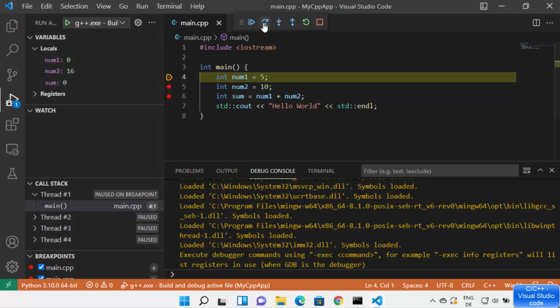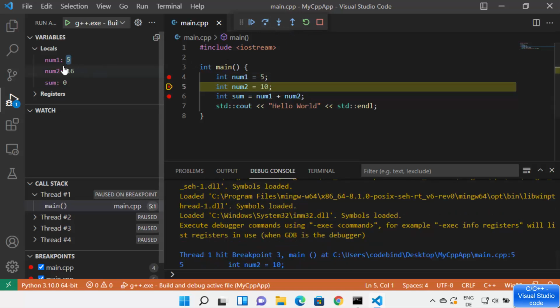Now, when I just click on step over and move to the next breakpoint, what happens here? You can see num1 is equal to 5 here, right? I can also watch for some specific variables. Let's say I want to watch the variable called sum, which is this variable. I can type the name of the variable and then press enter, and then I can watch that variable specifically,